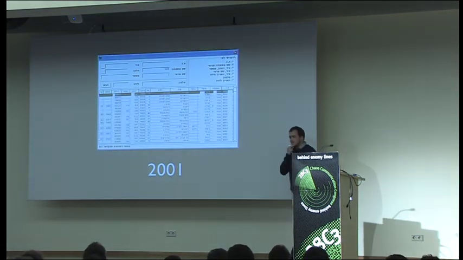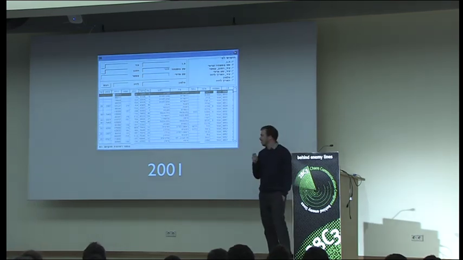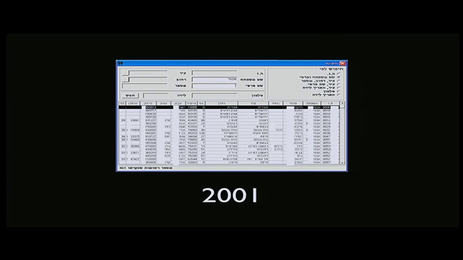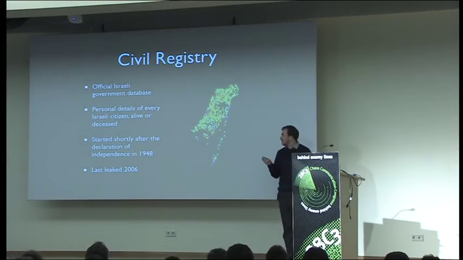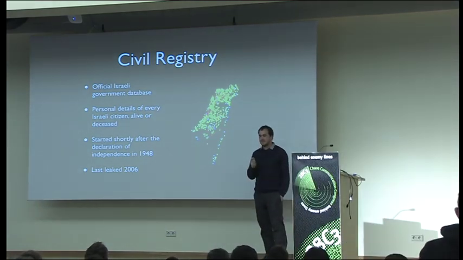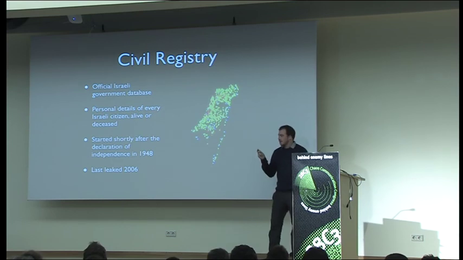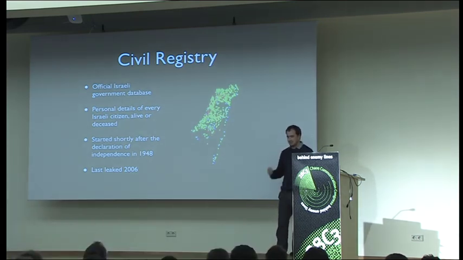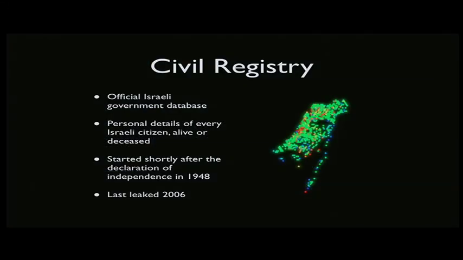So back in 2001, this thing started surfacing on various file sharing networks on the internet. What looks like a standard Microsoft Access program, even though it's right to left because it's in Hebrew, actually has beneath it a very interesting database, and it's one that has actually never been seen before. And the database is actually the official Israeli government database that holds all the personal details of every single Israeli citizen, either alive or that has deceased and has lived in Israel in the past. So all the details of every Israeli citizen are in this database and can be looked up through that horrible